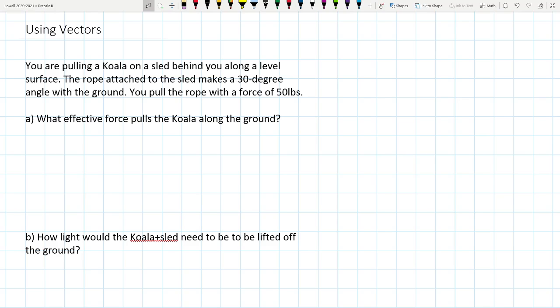Okay, so as usual, I recommend drawing a picture, and I think with vectors it's almost a necessity to draw pictures. So let's do that. So here's my little sled here. Maybe it's got the little track thingy right here. It's like that. And you've got your koala. I guess I'll draw it in blue. Like that. It's got a big nose. It looks like that. It kind of looks like a cat, actually. Whatever. Okay, so there's your koala, and then here's you,